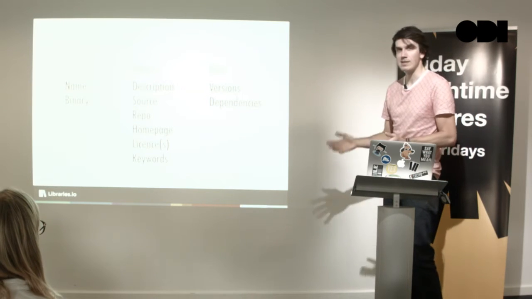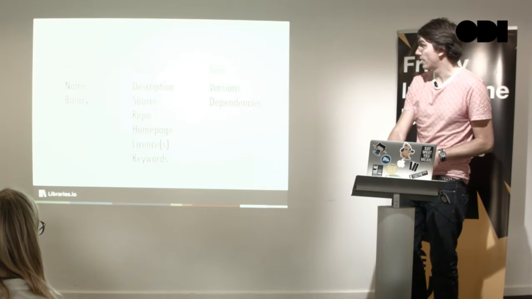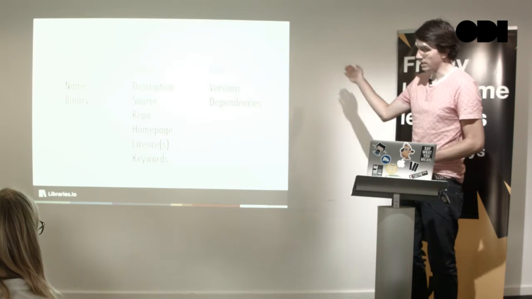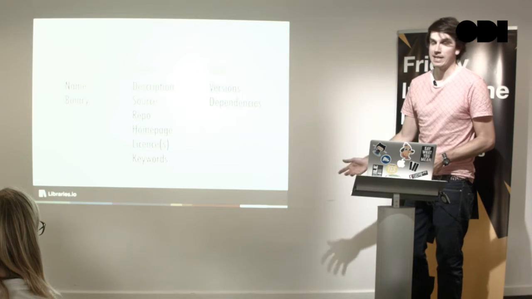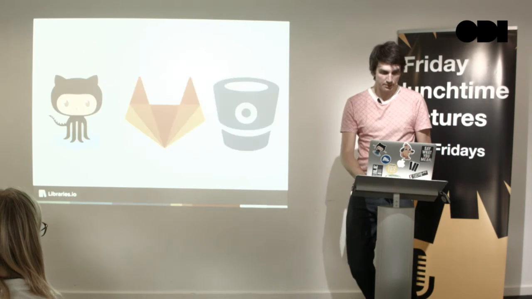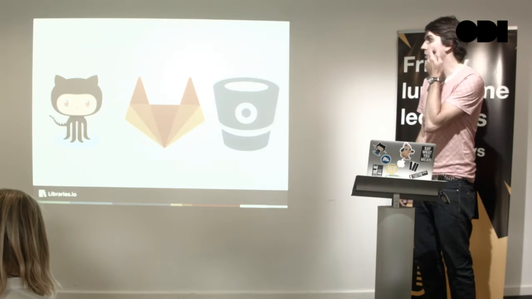Homepage, licenses, and then keywords, which will really help you build something like a search engine later on. And then the best package managers also offer you versions, a complete version history of that particular piece of software, and the dependencies that it has at that first level, which you can then unpack as you go through. And then what we do is we go through to the repo and we try and fill some of that